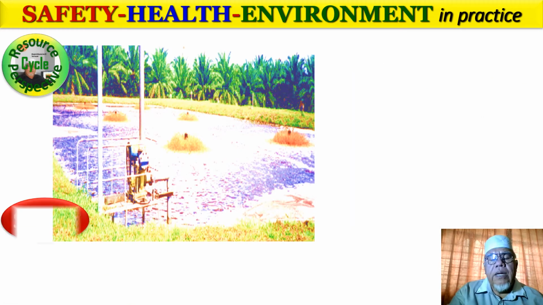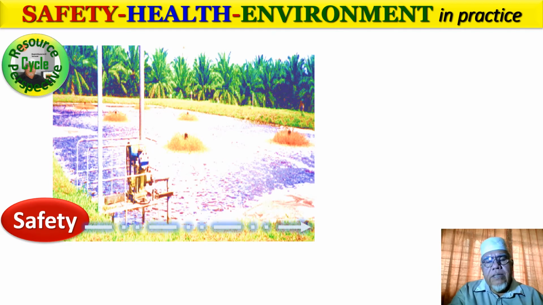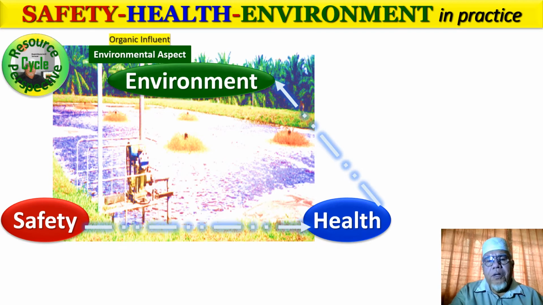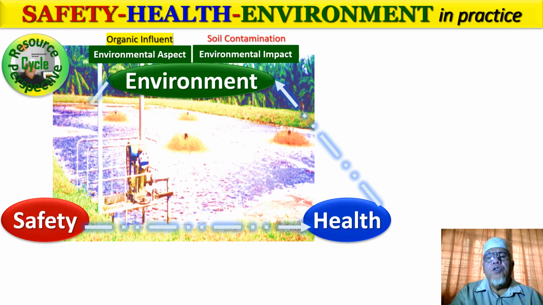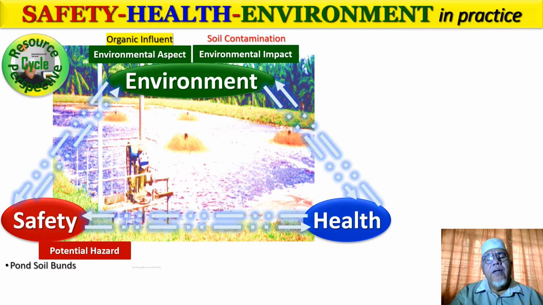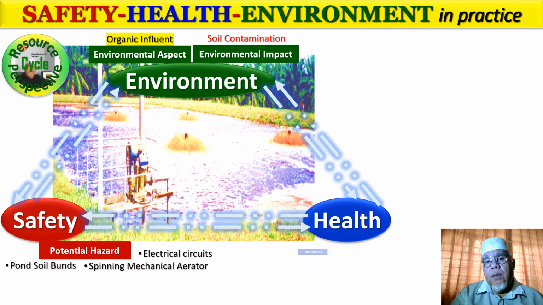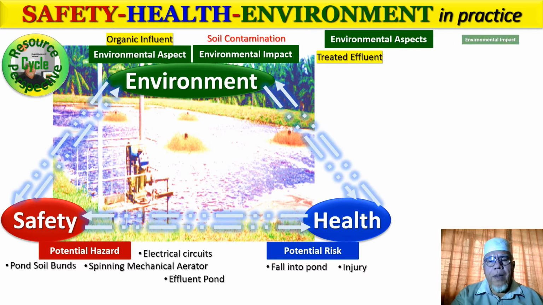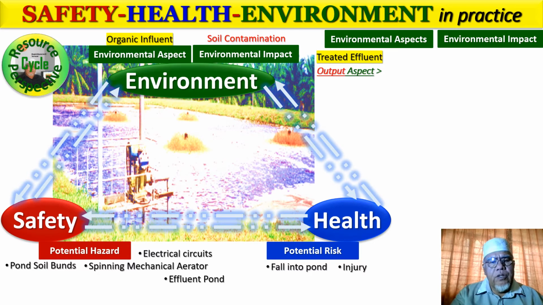agricultural industry in Malaysia. Now, this is one of my favorite old pictures of the aeration pond for a biological treatment of an industrial effluent coming from the palm oil mill. The palm oil mill effluent in Malaysia is known as POME. Okay, now this is one of the ponds. I believe this is towards the later